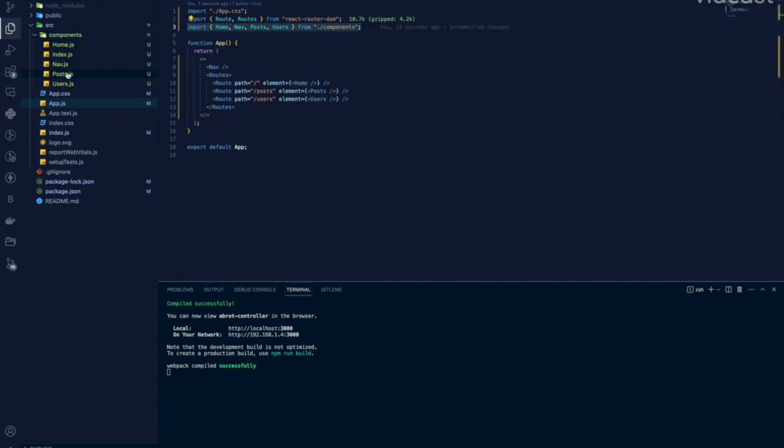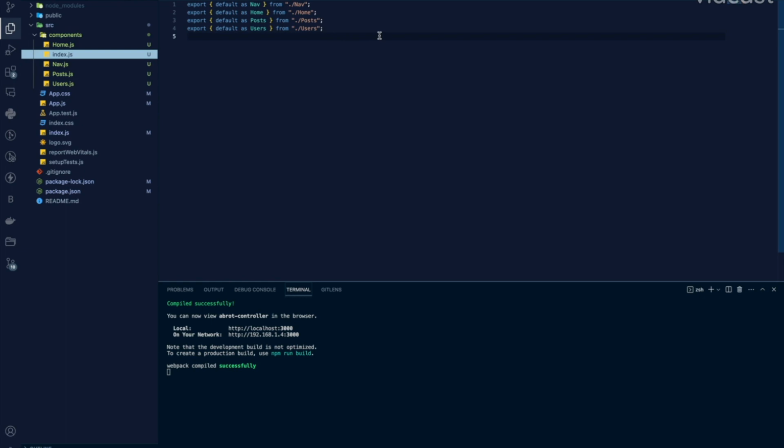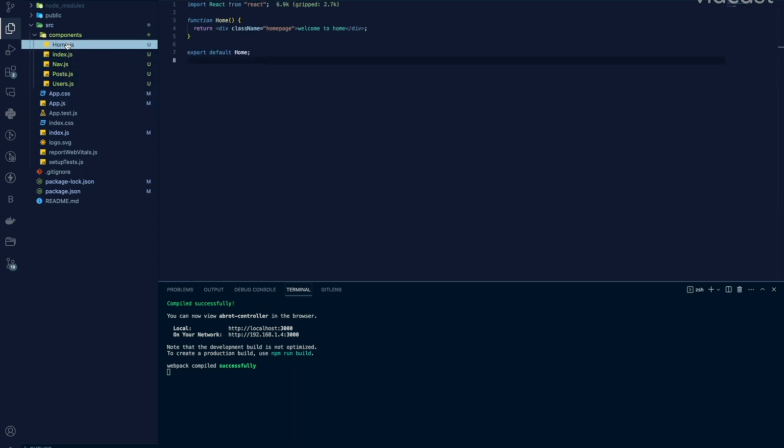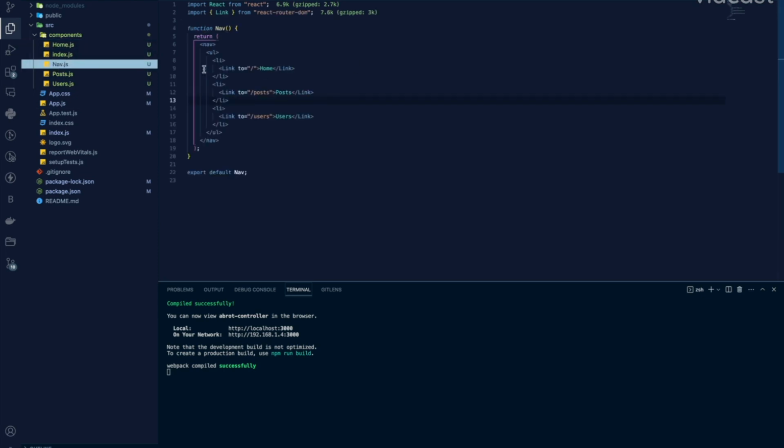In the nav, everything is coming from the components. So go to the components index.js. I'm exporting all the components, so that you can import them directly instead of using dot slash component paths. And if you see the home component, it's simply a welcome to the home page. And now we have three links: home, post and users. And if you see the post,